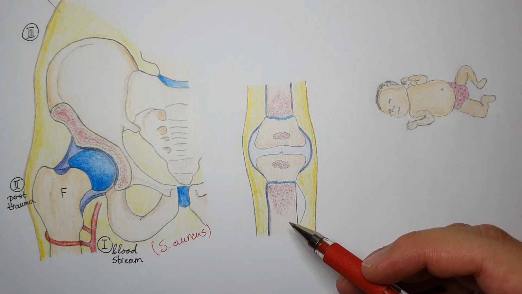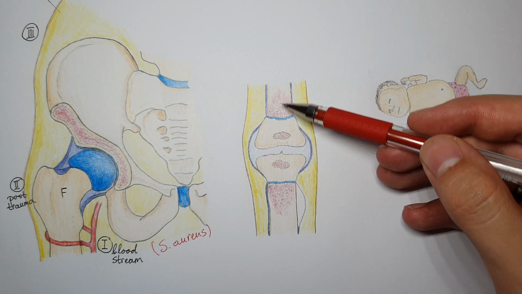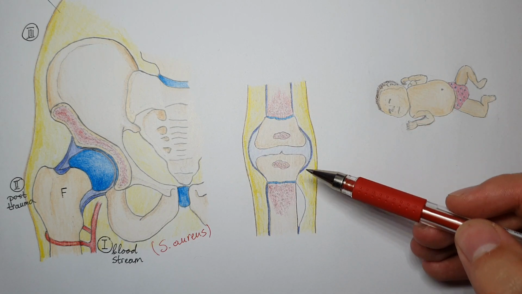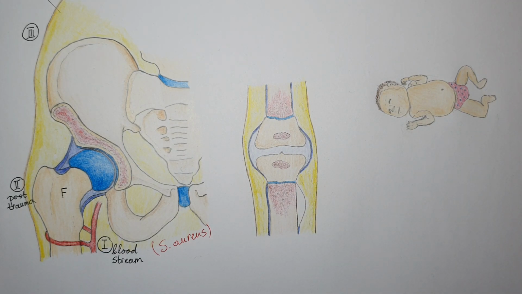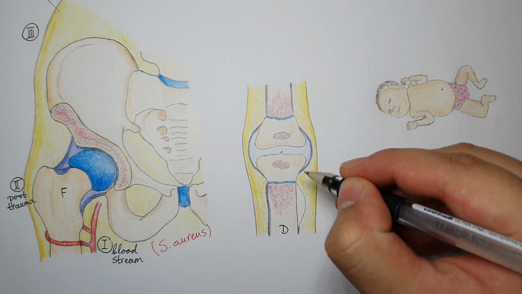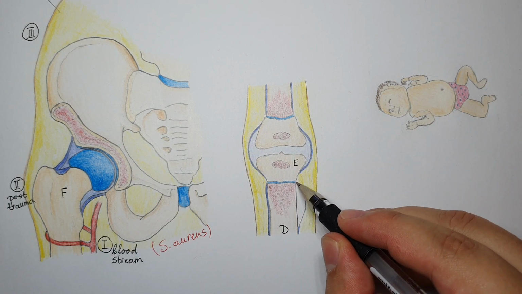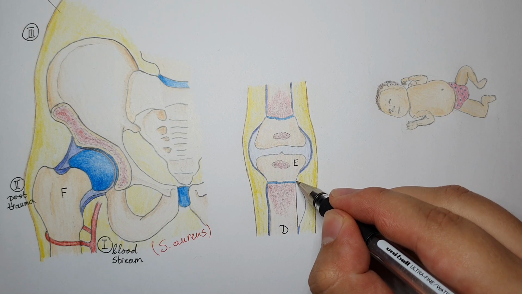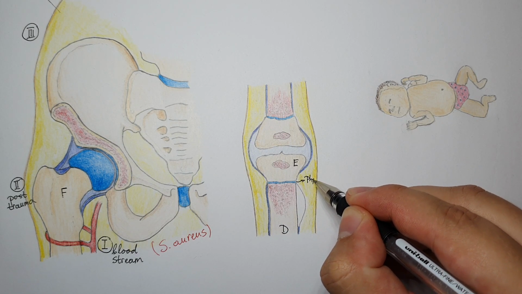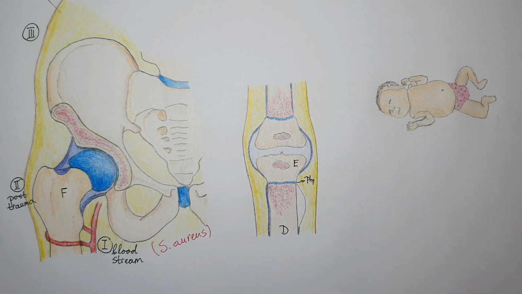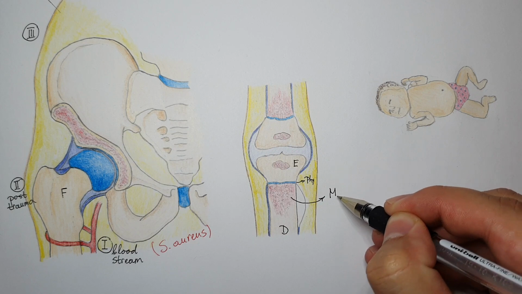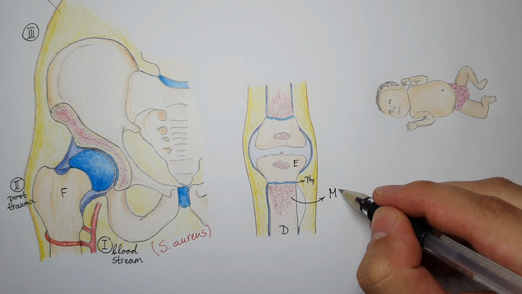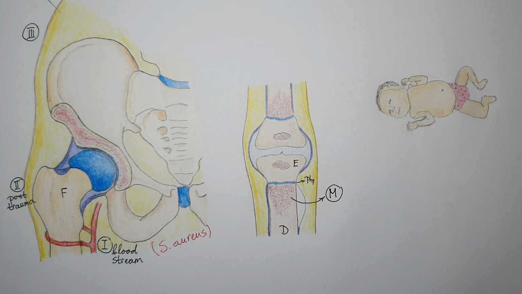If we see here, these are two ends of two bones in a joint. First of all, we have here the diaphysis of the bone, and here is the epiphysis. Here is the growth plate, this blue part, so this would be the physis, and this part is the metaphysis. The bone metaphysis is the main site where the bacteria lodge. This is because